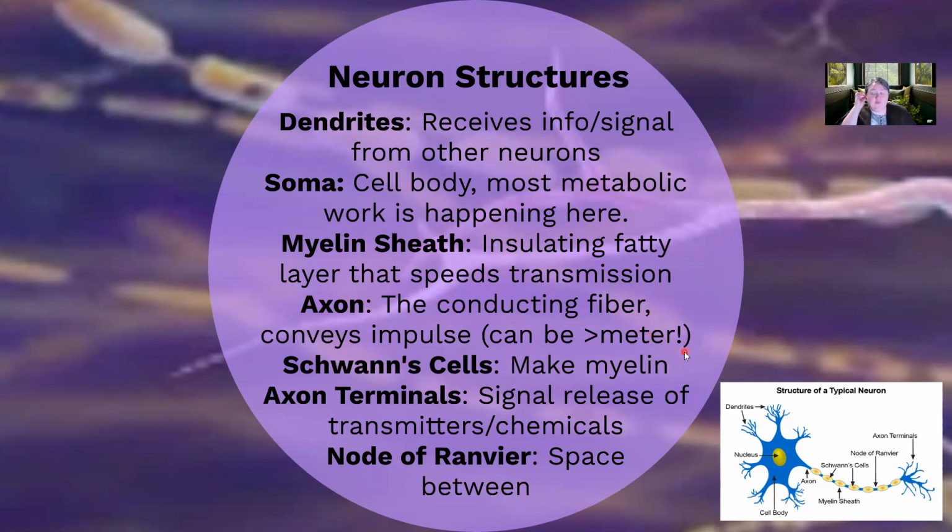And if you think about how long the spine is and how long an axon of a neuron would have to be to get that signal up to your brain, it makes sense to think about how long an axon could be. Schwann cells, which help make myelin, are actually a type of glial cell, which we're going to go more into later, but I wanted to mention it here because the diagram we're about to look at references Schwann cells. And then axon terminals, those are the end